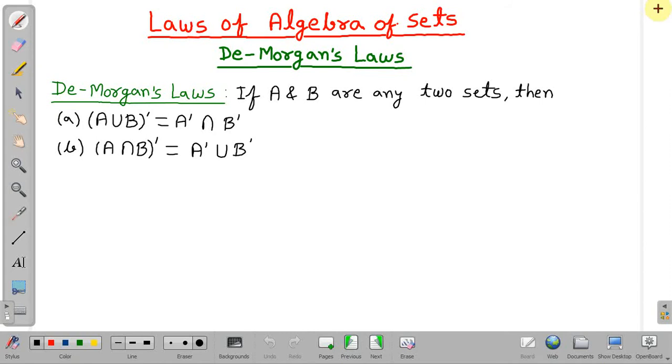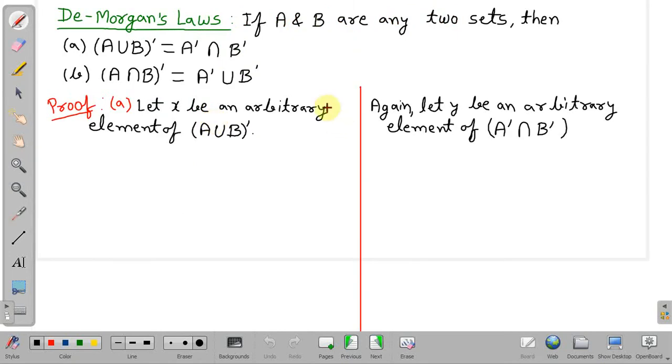So we can use two methods. One is by using a Venn diagram, and the other we will discuss. By using the Venn diagram method, we can make a Venn diagram of LHS, then make a Venn diagram of RHS, and then try to superimpose these two. If both Venn diagrams, that is the Venn diagram of LHS and RHS, superimpose, then both LHS and RHS will be equal. Okay. So see how we can prove by the second method.